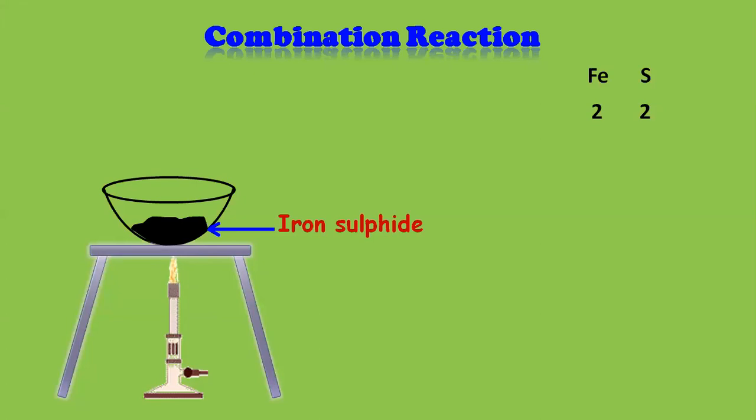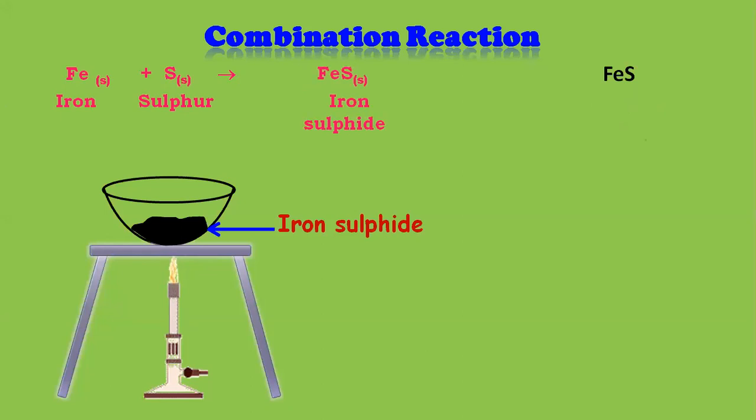Okay. For variable valencies, I'll tell you what conditions are required when we are discussing variable valencies. And for those who are not understanding what is variable valency, variable valency means an ion or an element with two valencies. So in this case, I am taking iron as 2, sulfur as 2. Both the 2s get cancelled and I get the product as FeS. So my reaction, another example of combination, becomes Fe plus S gives me the product FeS.